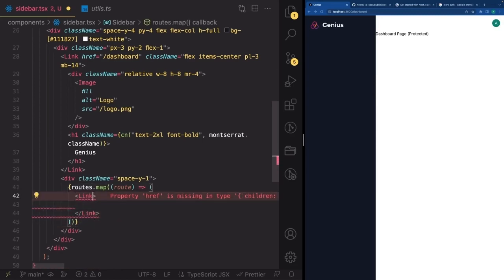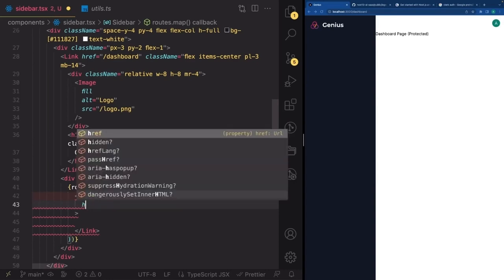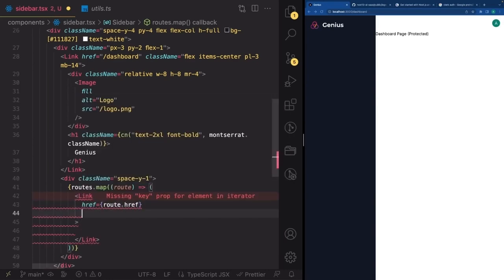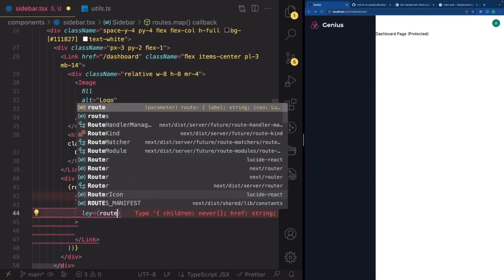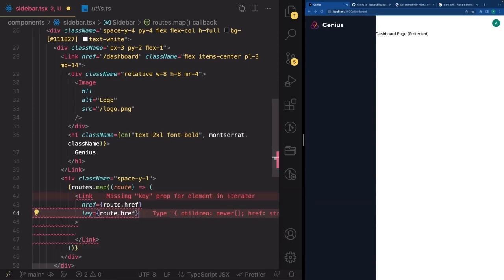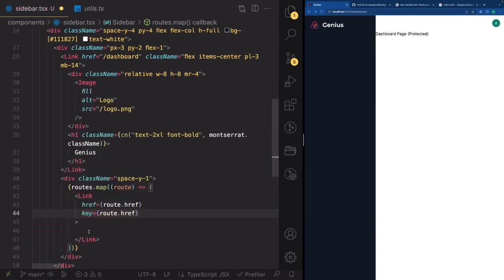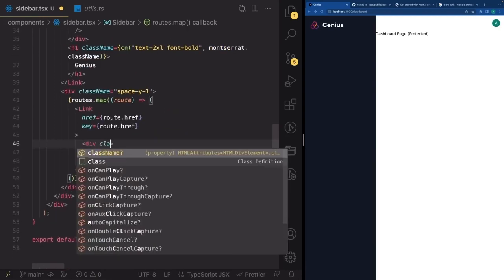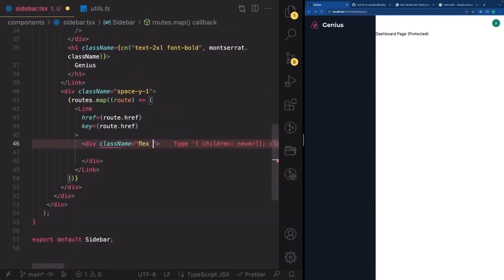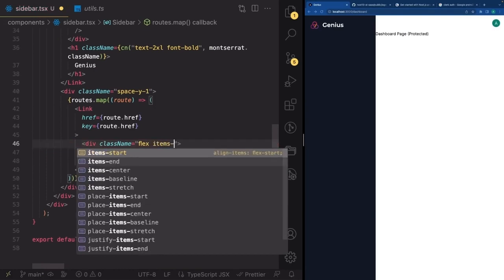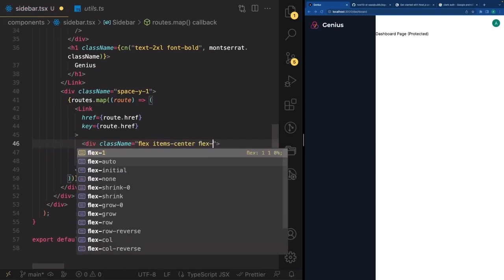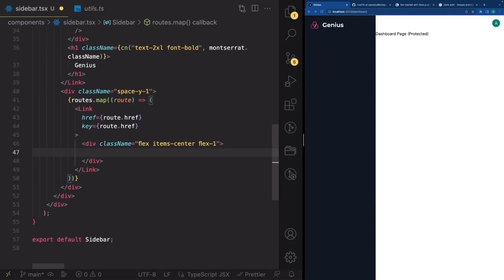And let's go ahead and give it an href of route.href, and let's give it a key, the same route.href, because it's guaranteed that that is unique. Perfect. Sorry, not lay, but key like this. Great. And now inside of that, let's write a div with a class name of flex items-center flex-1. And let's go ahead and render